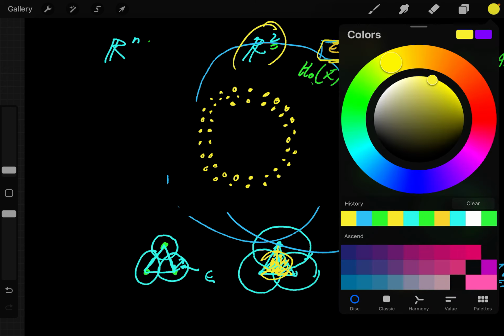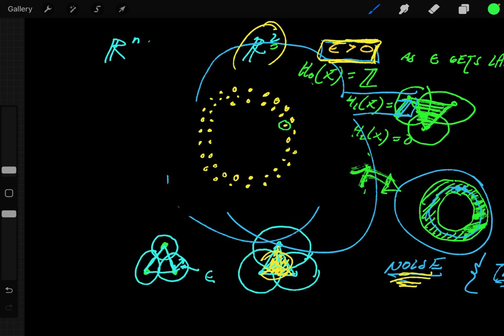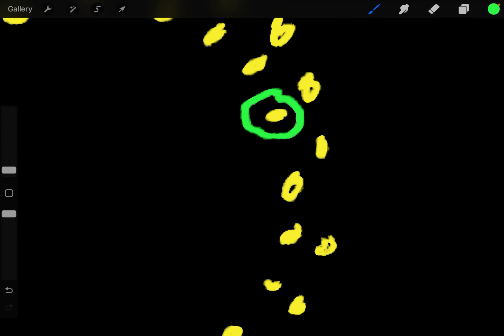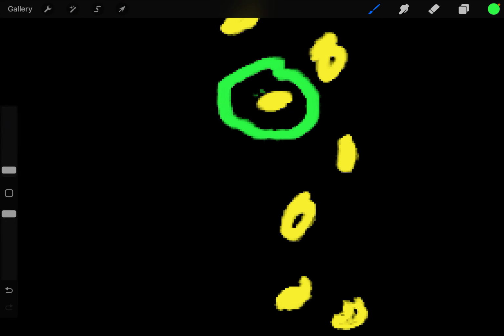So if epsilon's big, then it's just going to view this as a separate island, as a point, so to speak, even though it's a giant cloud. And you could zoom in, and then you could see that it's a cloud of points. Even though I can't really do it here, this is an annulus, or even has some other topological structure to it,